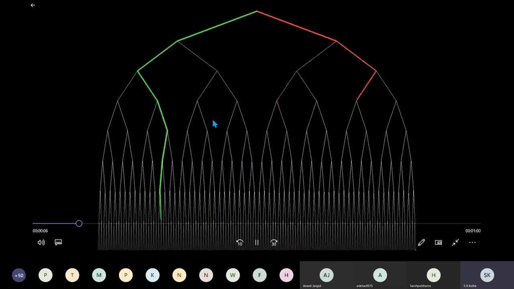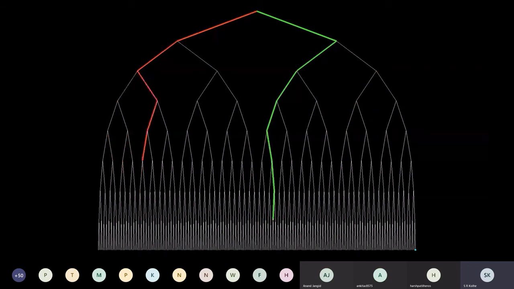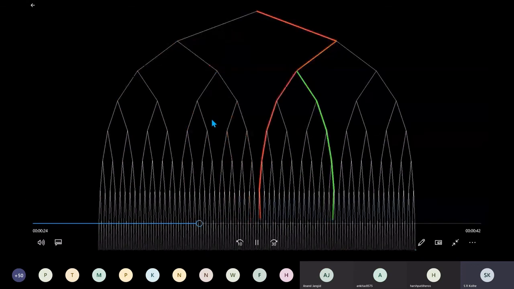Are you able to see? Yes, sir. So note the green and red lines, how the execution is taking place and which one will be executed first.